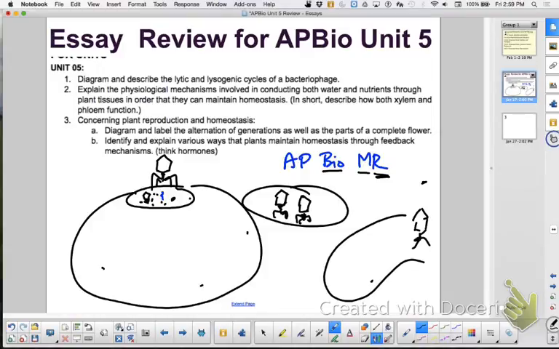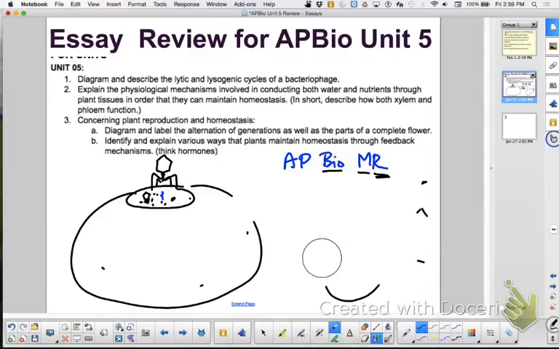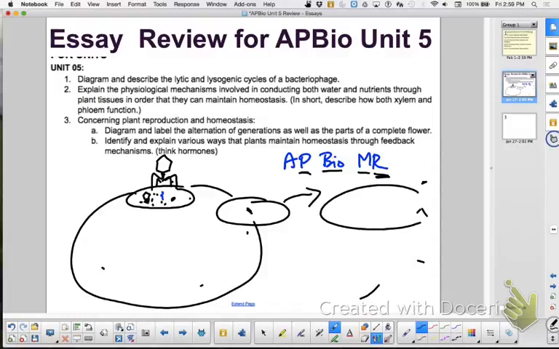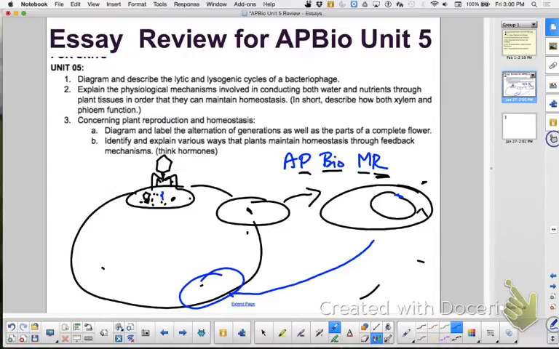maturation, release, right, and I have these pictures in a circle, how do I attach on the lysogenic cycle? Well, after penetration, you go and do integration? Yes. So I have attachment, and then I have penetration. I would see the DNA, and then I'm going to come out here and see a chromosome that has the virus in it, right? And then I can bring it back in when, what stage? Biosynthesis, right? And I would be writing lytic cycle over here, and in this circle I'd be writing lysogenic cycle.